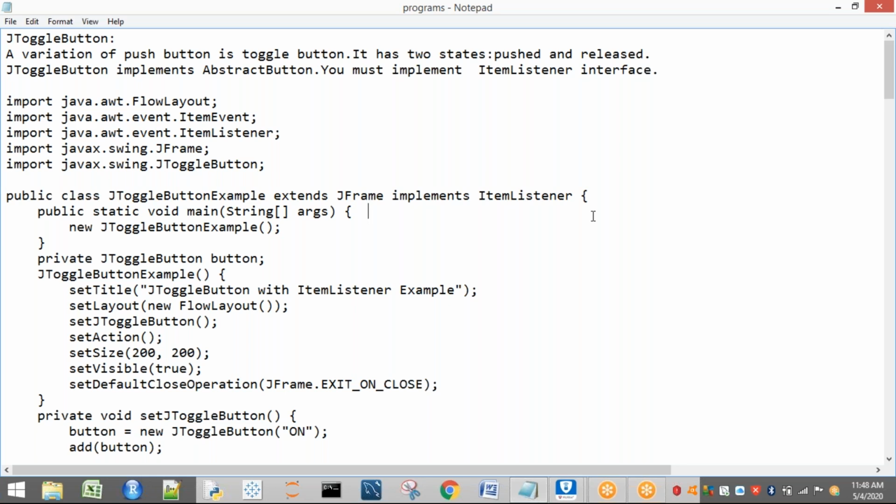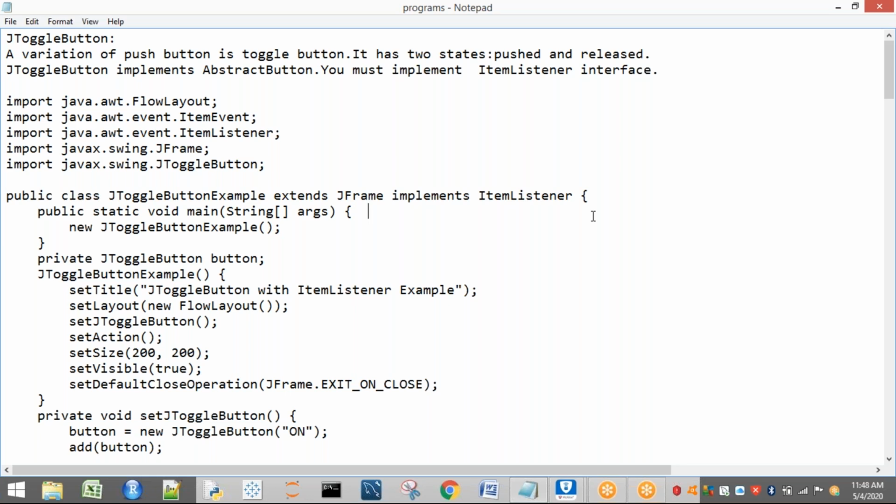Here we just have to remember some points. JToggleButton is a variation of the normal push button. The main difference between JButton and the toggle button is that the toggle button looks just like a push button, but it has two states. One is the pushed state and another one is released.